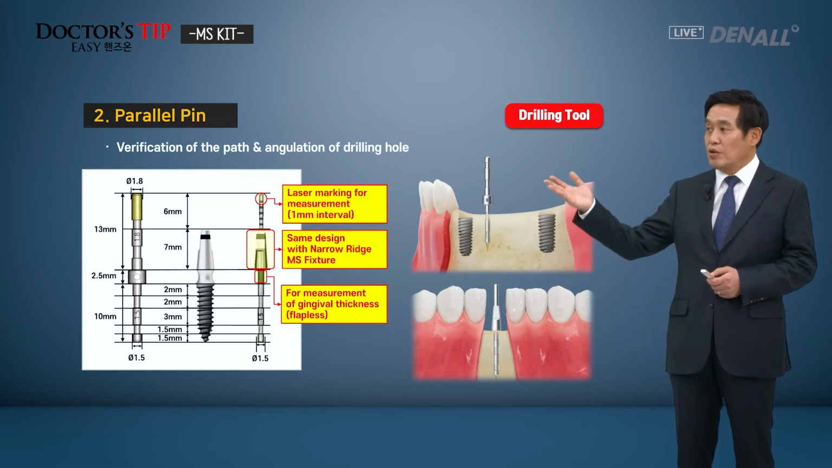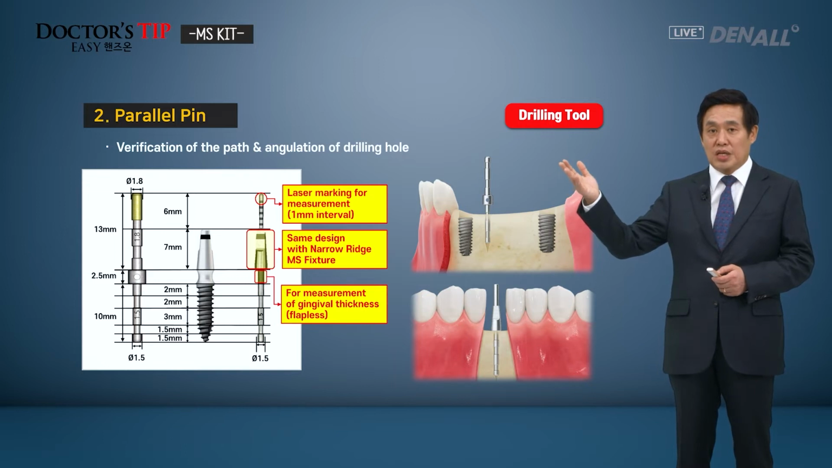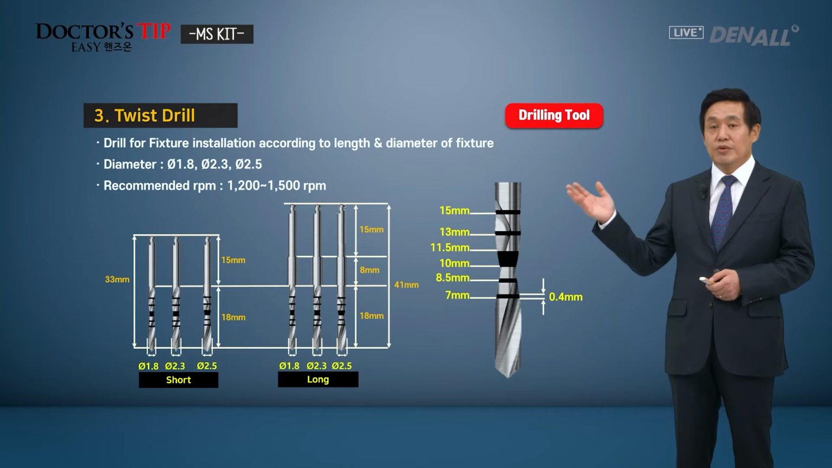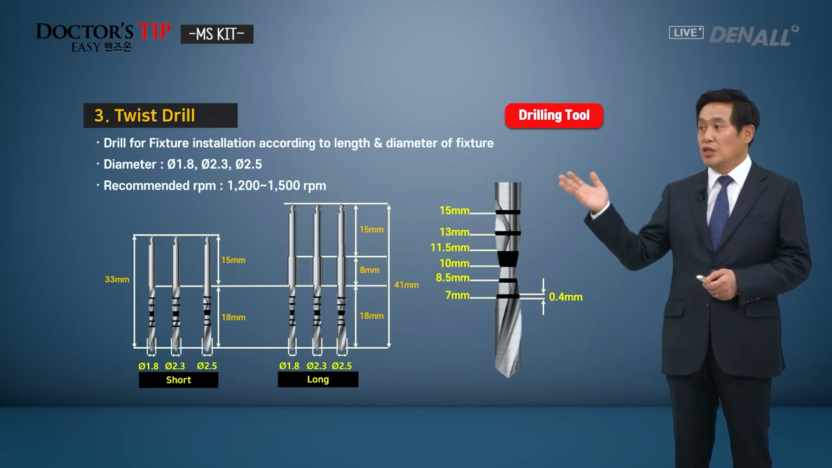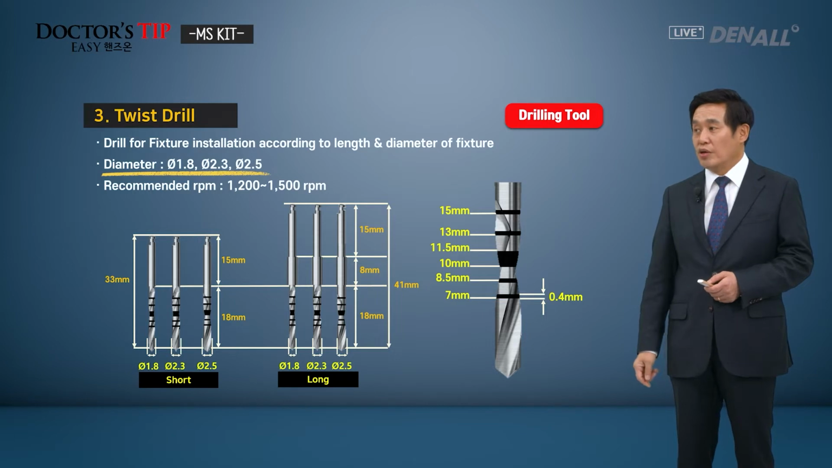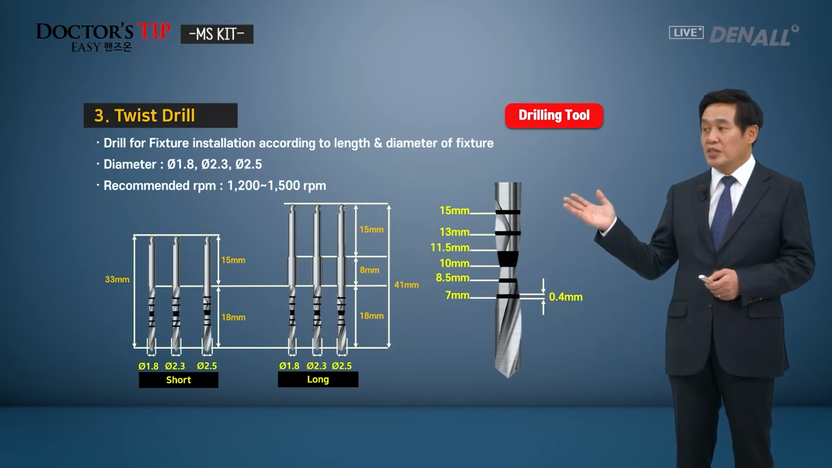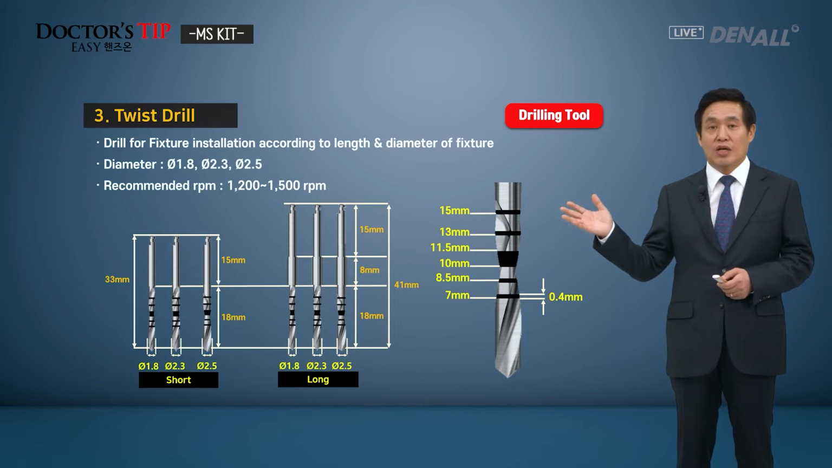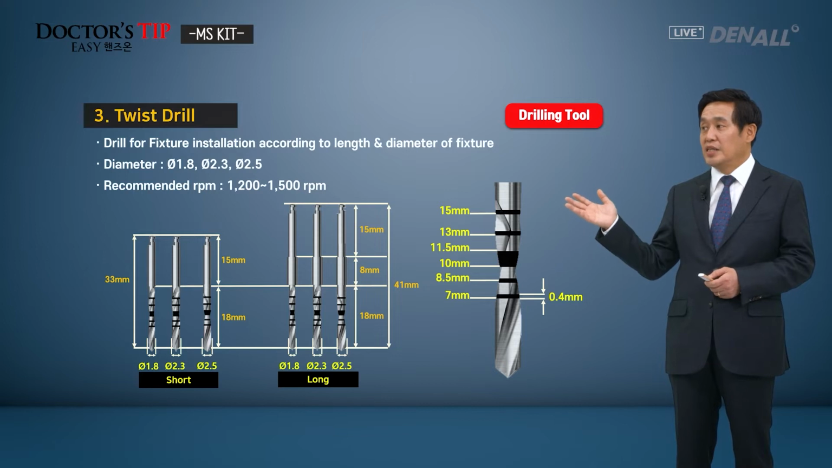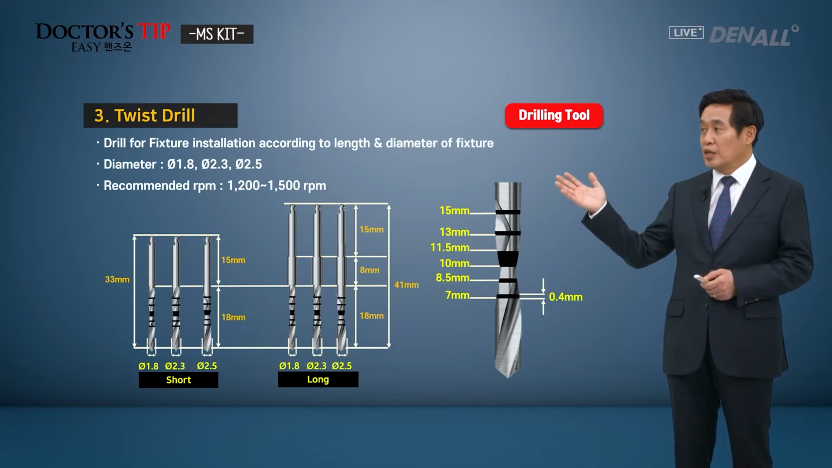And also on the upper part, laser marking is there, so you can check the overall total length. And to place the MS fixture, the twist drill is the basic drill to be used. There are 3 types of diameters. And also, as a lens drill, if you place it in a narrow area, there could be interference from adjacent teeth, so you have short and long types, and laser marking